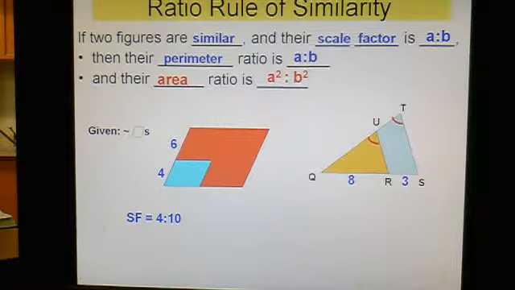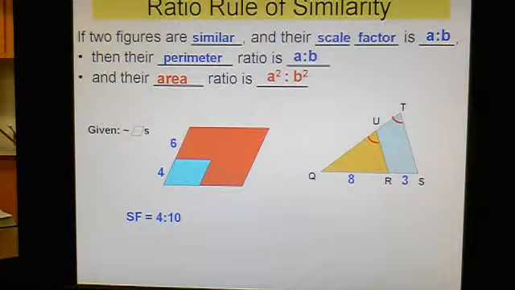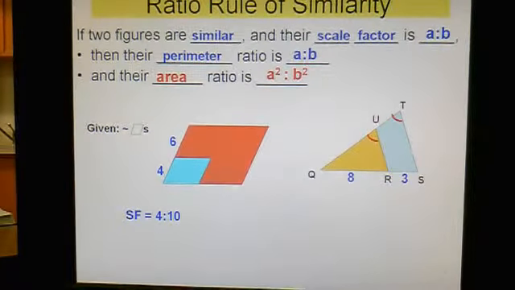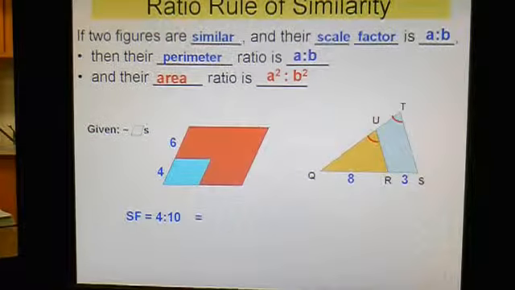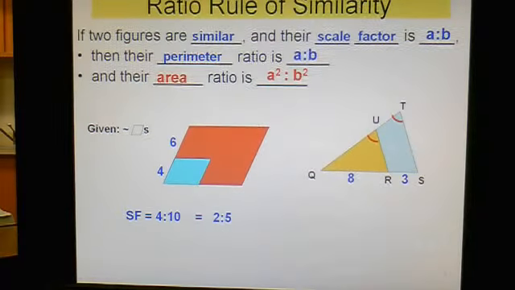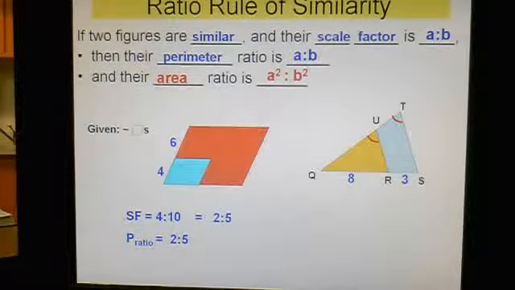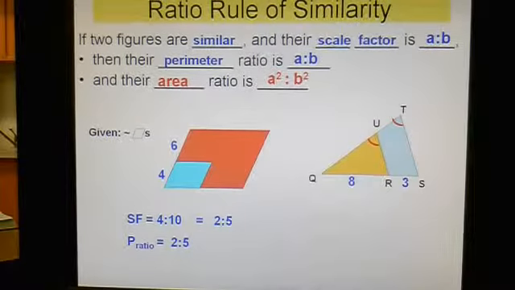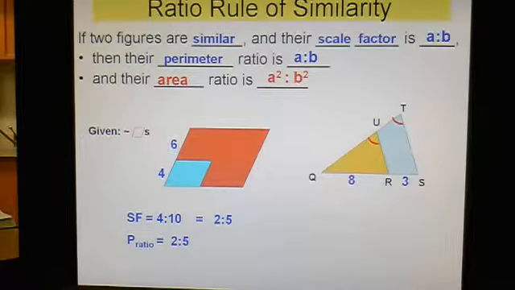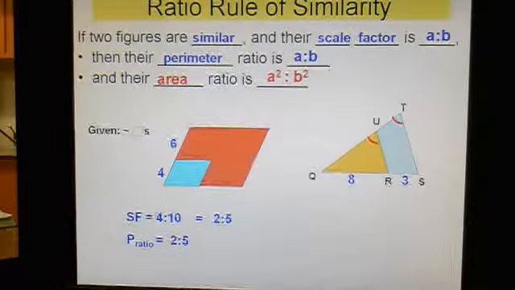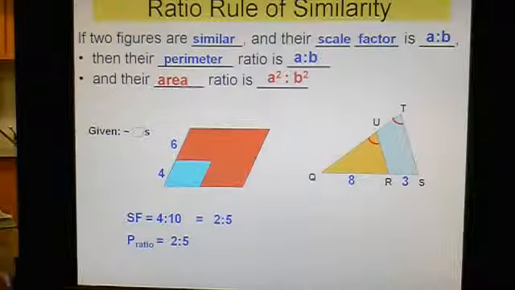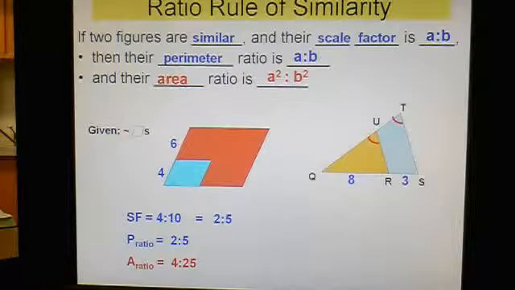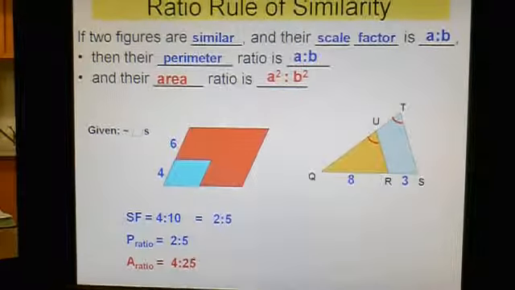And it all starts from the scale. So hopefully you'll look at that and go, oh yeah, the scale factor, it's not 2 to 3, it's not 4 to 6, it's 4 to 10, because this entire side is 10. Reduce that probably to 2 to 5, which will be the same thing as the perimeter ratio. If you could actually calculate the perimeters, you'd know it's a 2 to 5 ratio. And of course, at this point, I'm hoping you can understand that if I have the perimeter ratio or the scale factor, I can quickly get my area ratio. It's just the square of those two values. It's a 4 to 25 ratio,